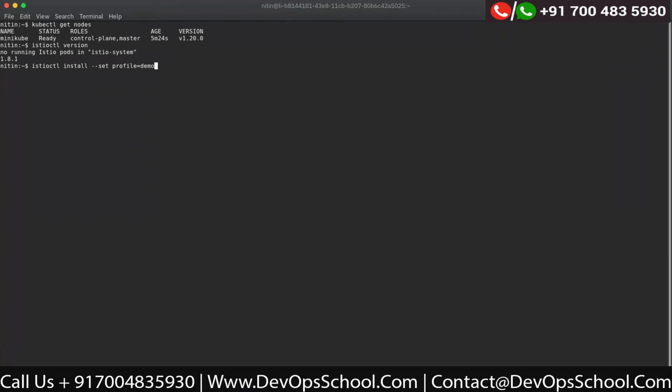It will install the demo profile. It means that it is going to install istiod, ingress gateway, and egress gateway. So these are the three components which we will get. Let me just install this. As it gives the warning, this will install the Istio demo profile with Istio core, Istiod, Istio ingress gateways, and egress gateways. So we'll just say yes to it and let it install.